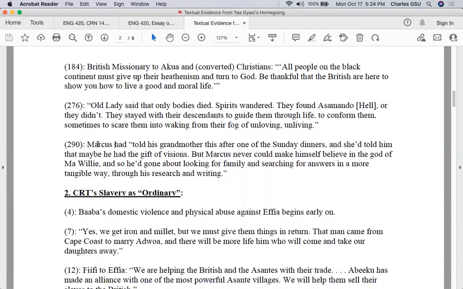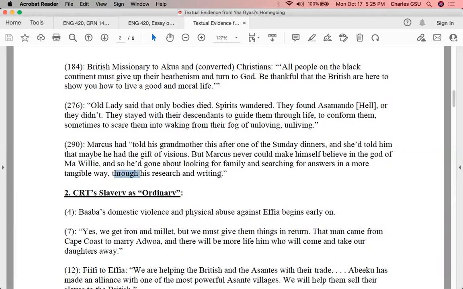The narrator says here, Marcus had told his grandmother this after one of the Sunday dinners, and she told him that maybe he had the gift of visions. But Marcus could never make himself believe in the God of Ma Willie. And so he had gone about looking for family and searching for answers in a more tangible way through his